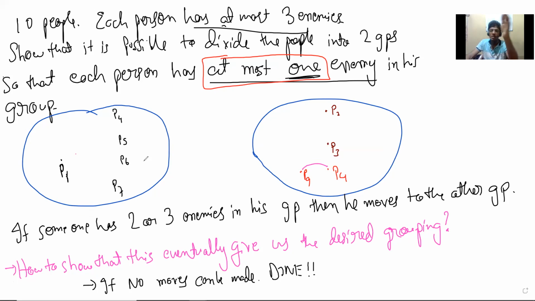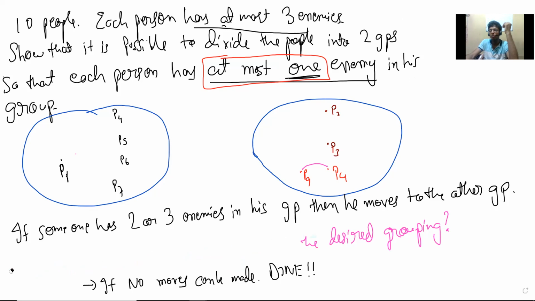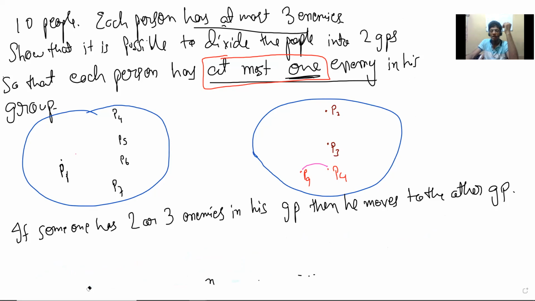So from what we are seeing, initially you could have said something like, okay, once we move the person to that group, that person is done. Then similarly you do for everyone. Then there are 10 people, after 10 moves you are done, but that's wrong because one person, as we saw in an example, may have to move twice. But then the claim is that maybe you can try to show that a person cannot be moved more than 2 times. I don't know if that is true. Is that true? Can you reason that any person